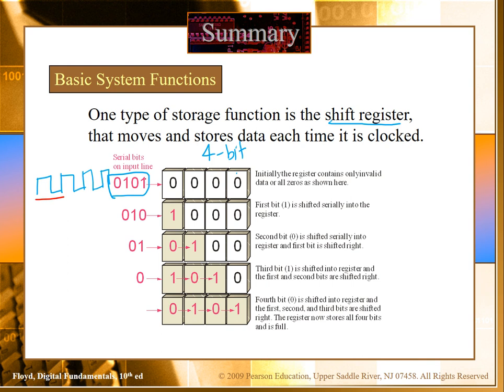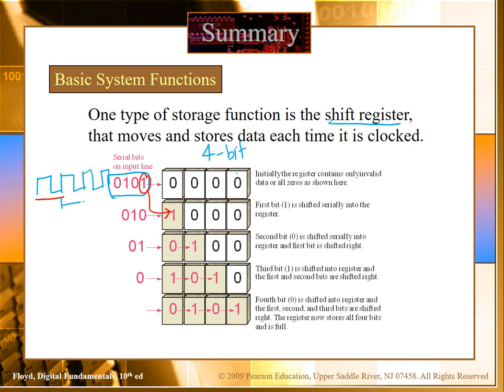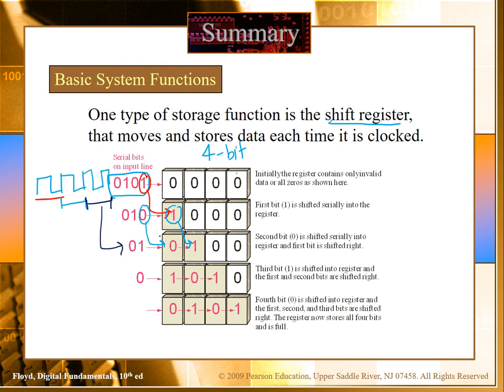the first bit will be stored. In the second cycle, the next cycle, this is the second bit, and it will be stored, and this one will be shifted towards the next location. It will be serially shifted into the register. We will get the next bit here, and then again in the next cycle,